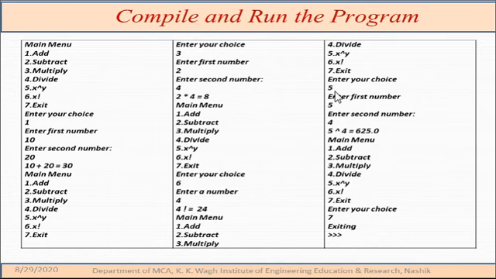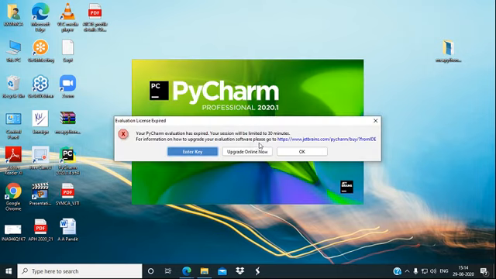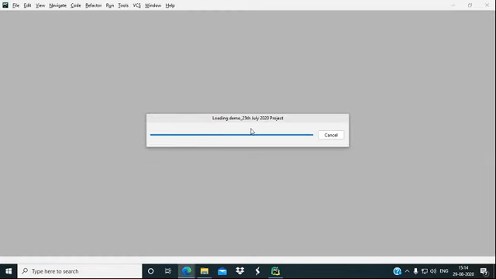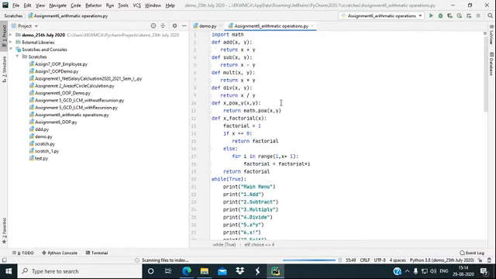Likewise, if I give choice 5, that is the power, then it will show 5 raised to 4, and it shows 625 as the power of 5 raised to 4. Likewise, we have performed the various operations and simulated the operators, how to use them, operators like arithmetic operators. If we switch to the desktop and the Python editor, then we can see I have already prepared this program for demonstration.